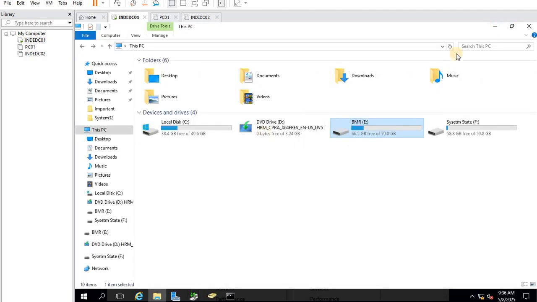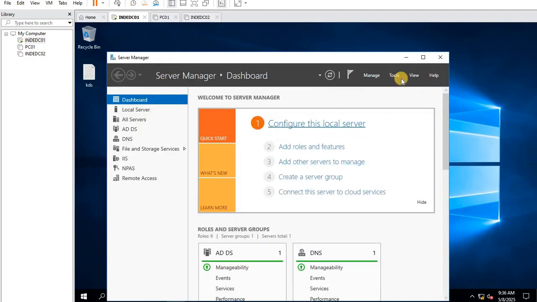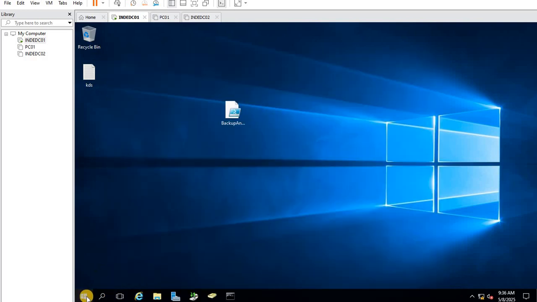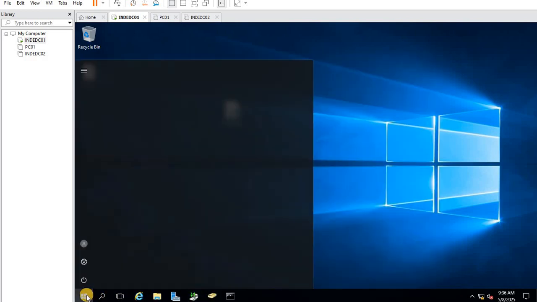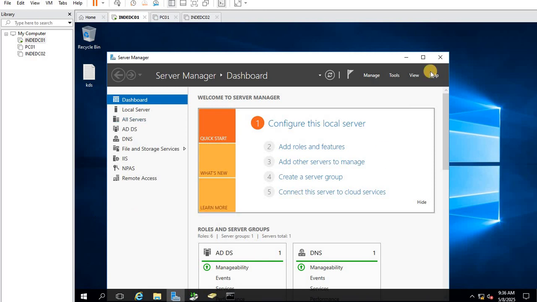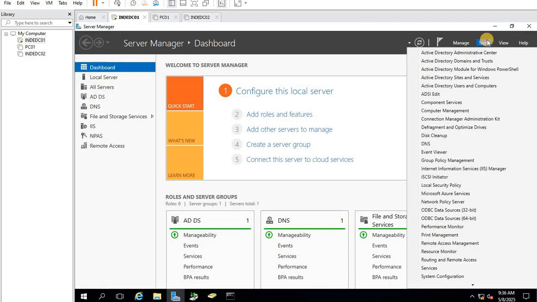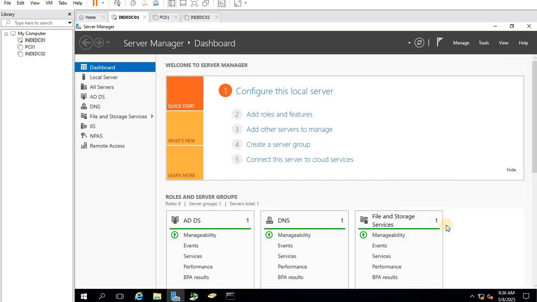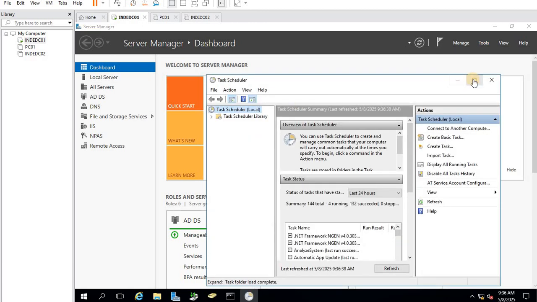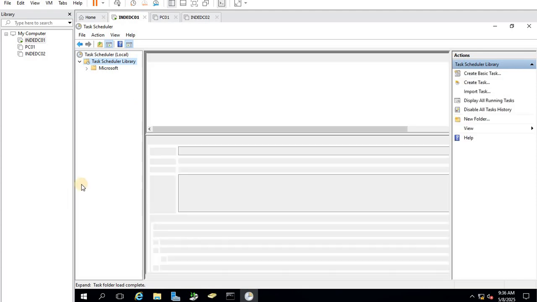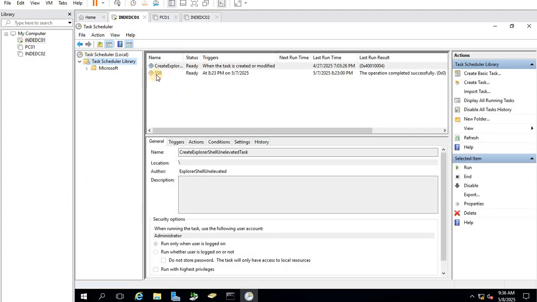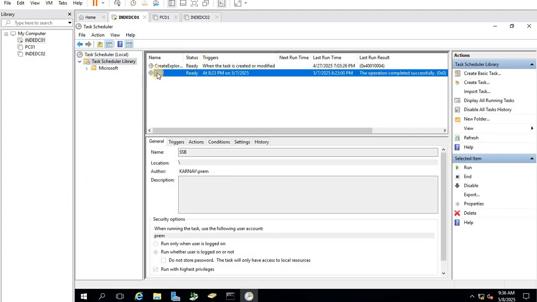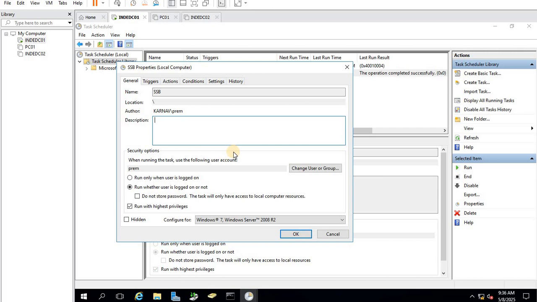Okay, so as I said, I have also configured system state backup, but I configured this by using task scheduler. This is a task scheduler that will be used to take the system state backup.